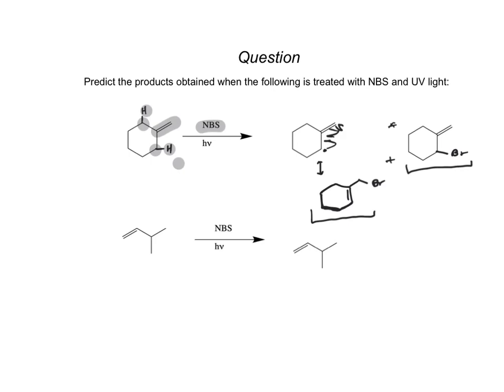Okay, so same thing down here. We've got an alkene undergoing this radical bromination. Again, I think we've already looked at this one. I think we just did this for the most part. Here, we have a hydrogen that would produce a tertiary radical as well as an allylic radical. Right, so this is going to be the most stable. If we get reaction here, then the overall product is going to be